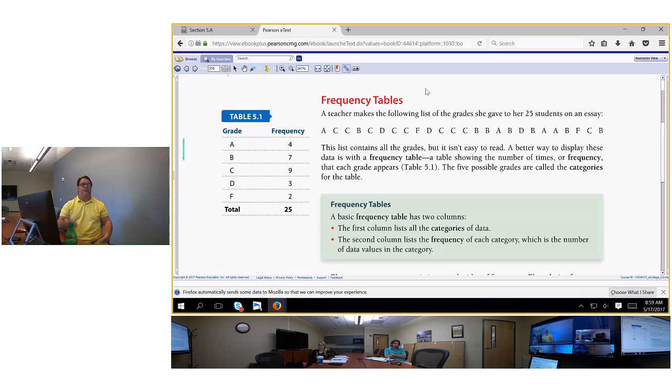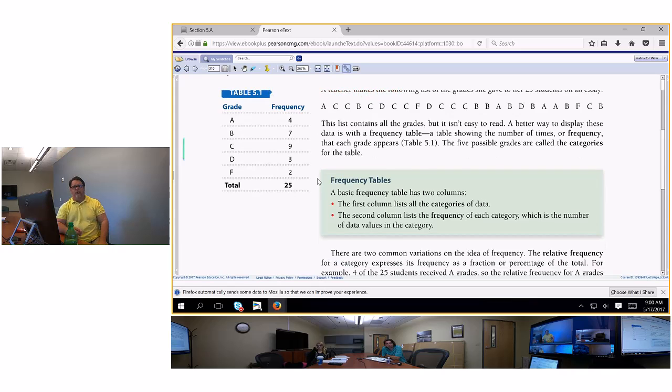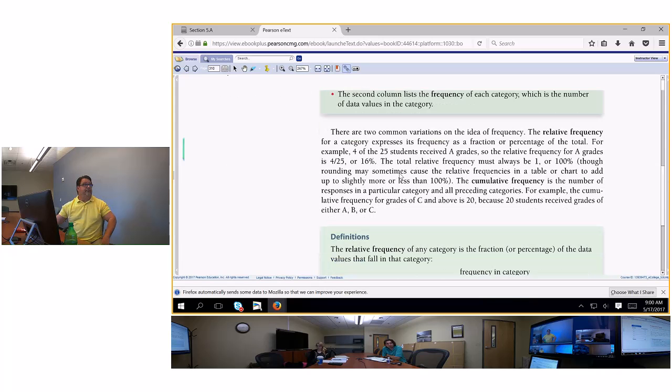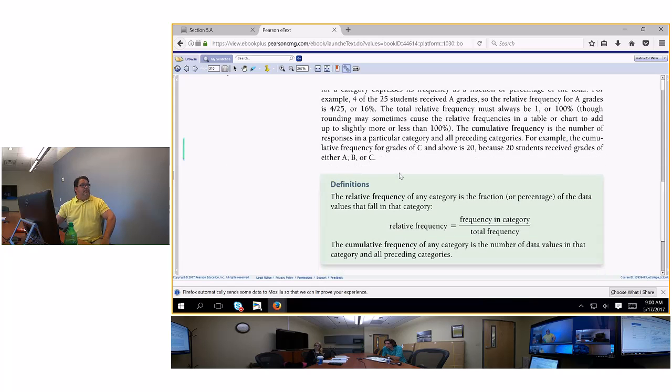But that would be a frequency table. Now, let's say that I do a frequency table of how many people make A's and B's in the class. Then it would look like that, but I couldn't do that until after the semester was over. But that's what a frequency table is. Do not let the word frequency table freak you out because it's such a long word. All it is is a table or a chart. And we're going to do some stuff with that.